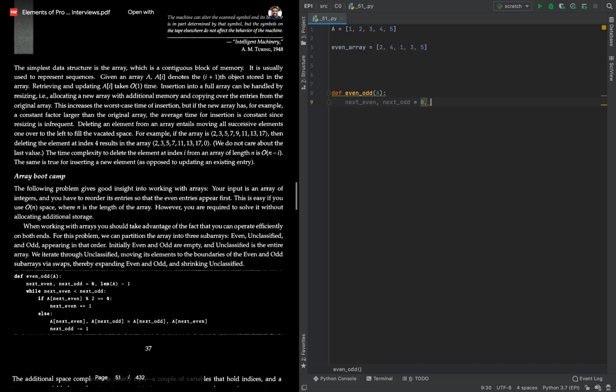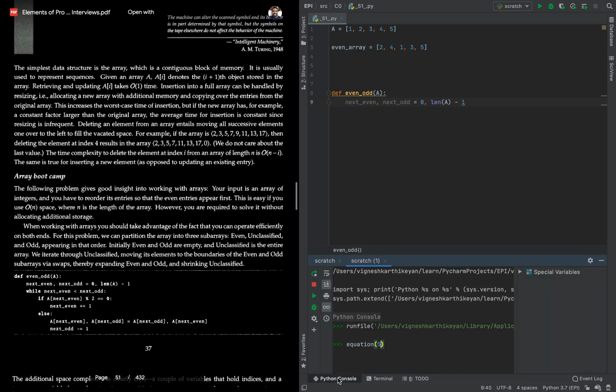Oh wait, no, that's not how that works. Yeah, okay. So this is kind of weird Python syntax. I thought it was kind of strange at least. So what this is doing is basically setting next even to 0 and next odd to length of a minus 1. I don't think it's super readable, especially because, sorry, sidetracking here real quick, but let's say you have